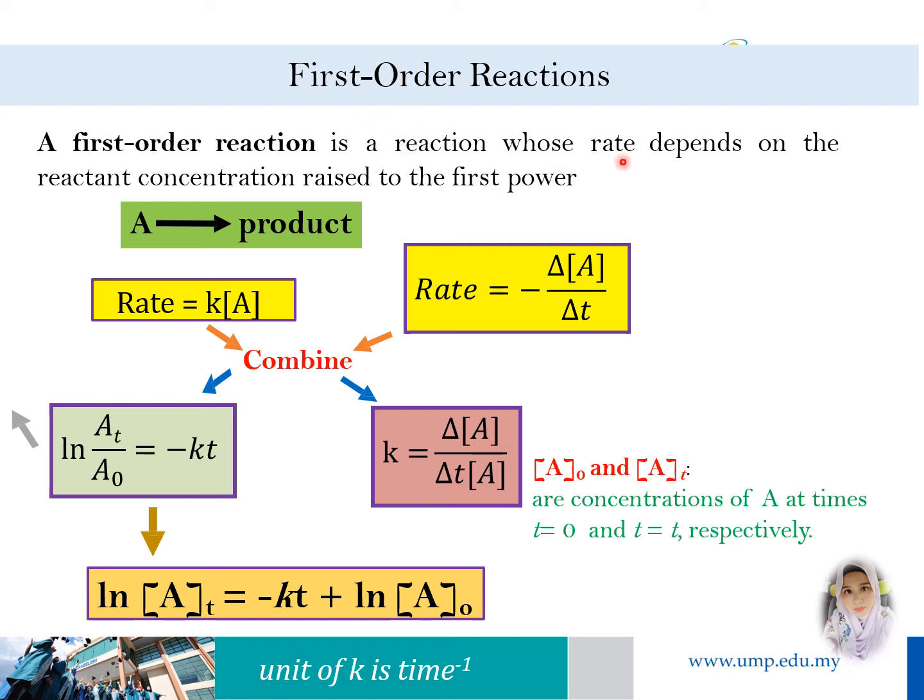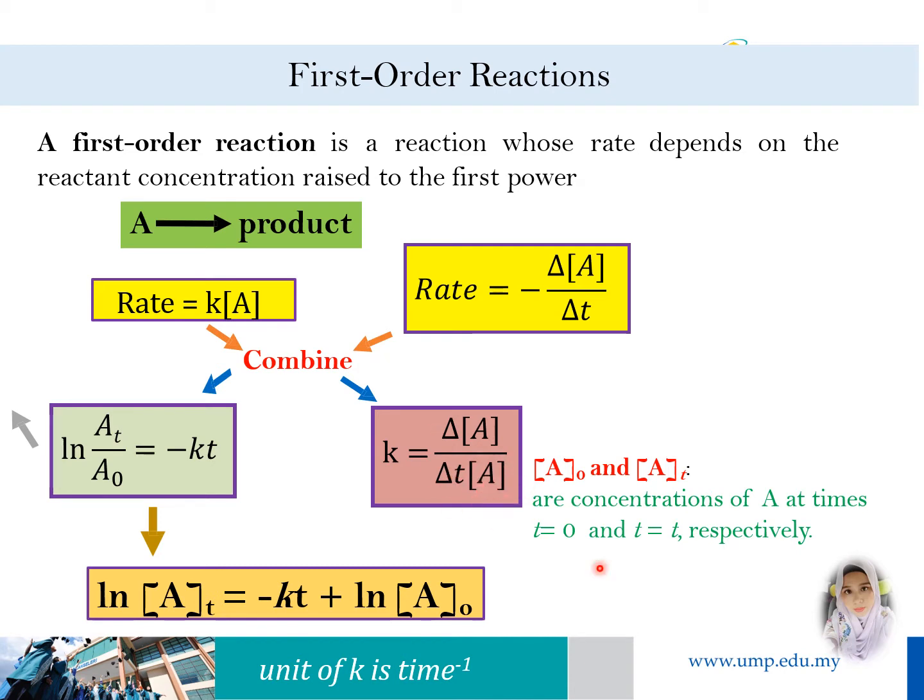So for first order reactions, the rate is equal to k times the concentration of A to the power 1. It is also equal to the negative change in concentration of the reactant A over time. So when we combine these equations, we can get the constant k is equal to the change in concentration of A over time t